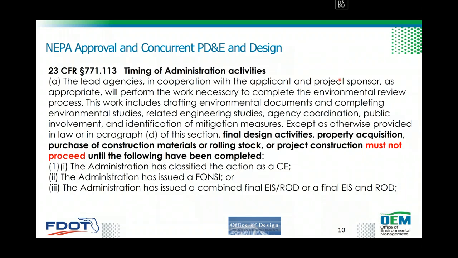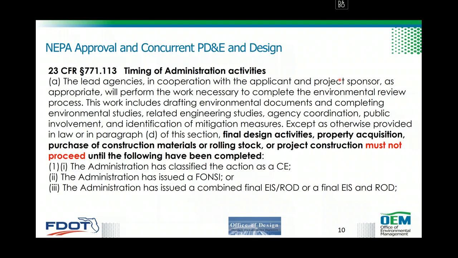So if you look in detail at Title 23 of the Code of Federal Regulations, Section 771.113, it states that the lead agencies, in cooperation with the applicant and project sponsor as appropriate, will perform work necessary to complete the environmental review process, which is PD&E. This work includes drafting environmental documents and completing environmental studies, related engineering studies, agency coordination, public involvement, and the identification of mitigation measures, except as otherwise provided in law or in paragraph B of this section. And that section is